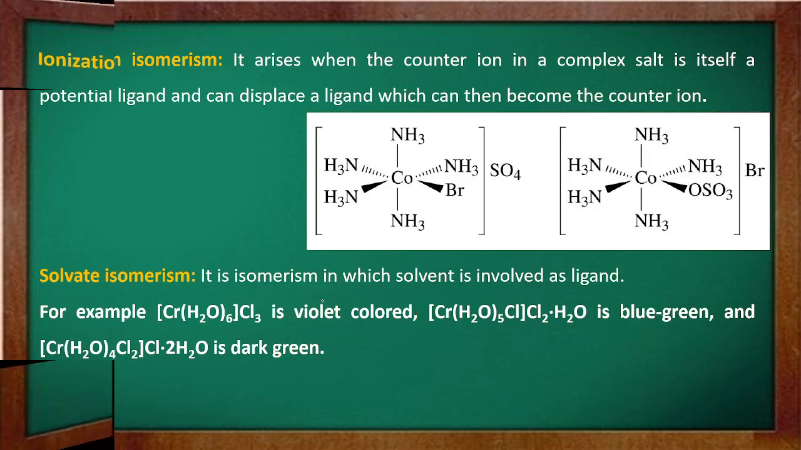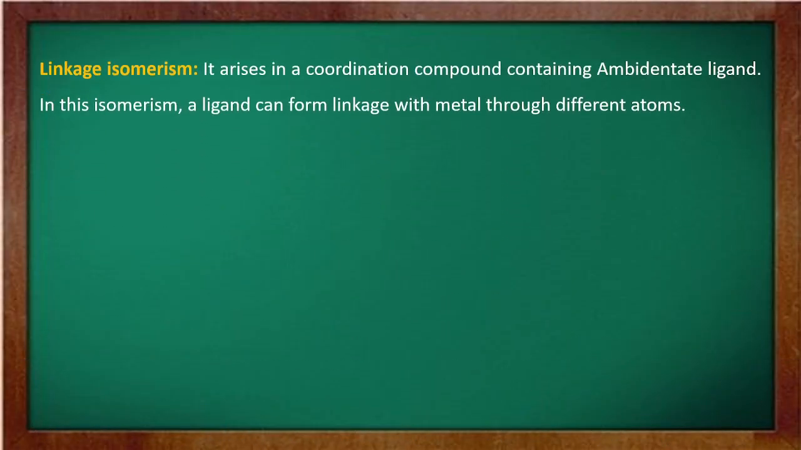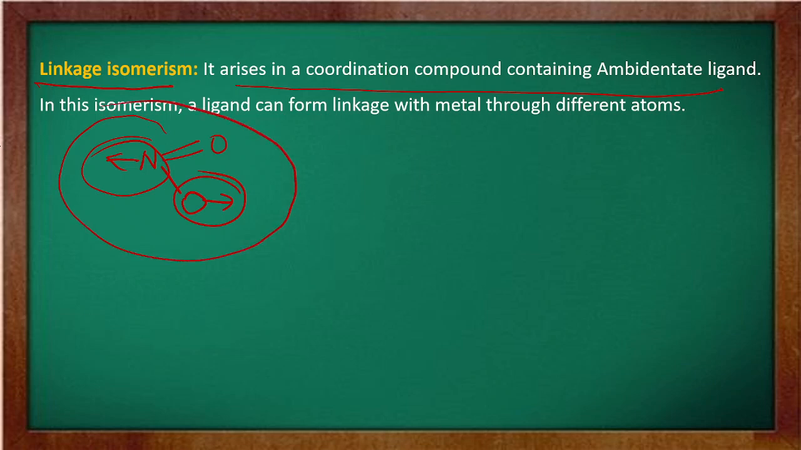Next is linkage isomerism. Linkage isomerism arises in a coordination compound containing an ambidentate ligand. If you remember, ambidentate ligands are those in which two different atoms can ligate. मतलब जैसे नाइट्रो वाला, नाइट्रो में N डबल बॉन्ड O और O था, तो यहाँ ये नाइट्रोजन से भी बॉन्ड बन सकता है और ऑक्सीजन से भी बॉन्ड बन सकता है। तो इस तरह के लिगांड को हम कहते थे एम्बिडेंटेट लिगांड। तो लिंकेज आइसोमरिज्म दिखाने के लिए एक एम्बिडेंटेट लिगांड का होना बहुत जरूरी है। बिना एम्बिडेंटेट लिगांड के लिंकेज आइसोमरिज्म